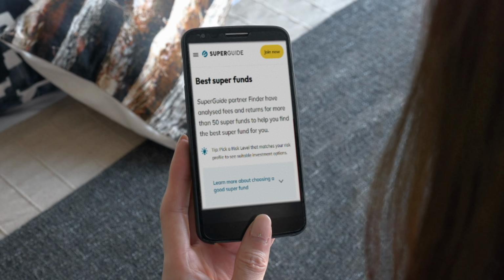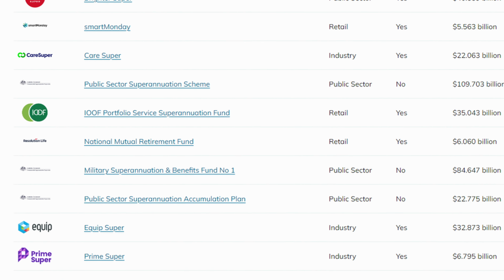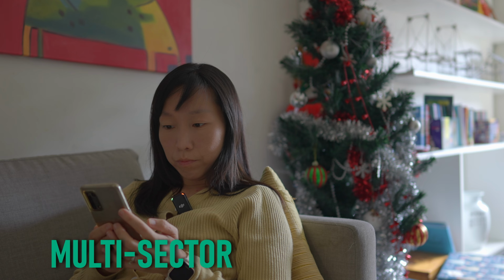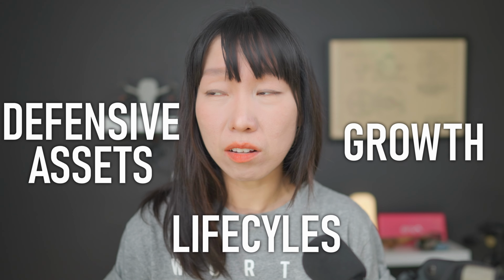I don't know about you, but when I look at the super fund's investment menu, I usually get overwhelmed by the sea of different investment options. What is single sector? What is multi-sector? Growth? Defensive assets? What is life cycle? MySuper option? I might know what I wanted before I check the menu, now that I'm totally lost in front